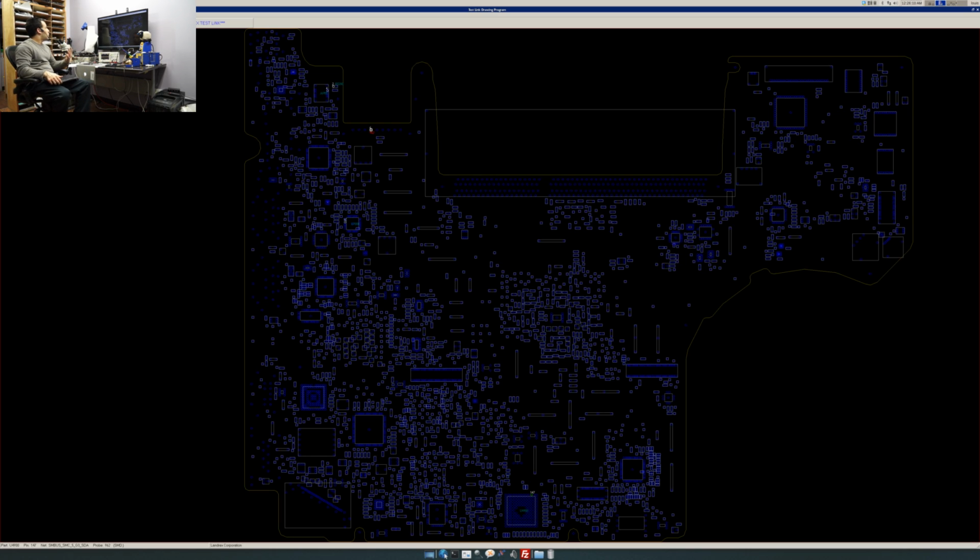So there are 4 possibilities as to why this is not working. The battery is bad, there's something wrong with the battery indicator, or the connector for the battery indicator could have some crap in it. There's something wrong with our U7000, or there's a short somewhere around the U7000 area, or it's the SMC. So to find the short, I decided to inject 3 volts into that line. I figured if I inject 3 volts into that line, whatever is pulling it to ground is going to get very, very hot. And I was dead wrong,